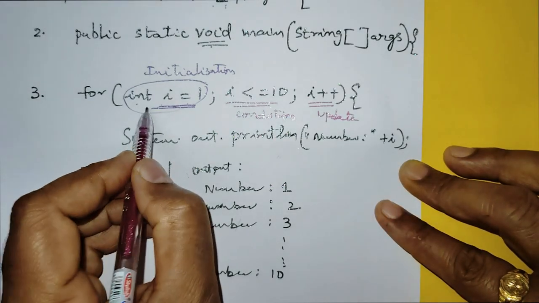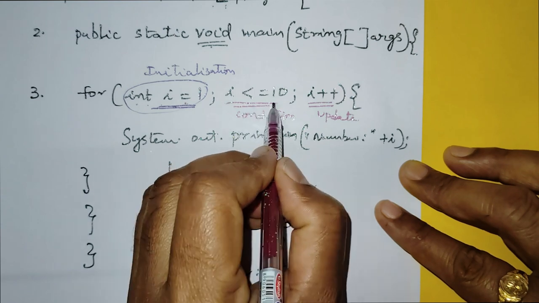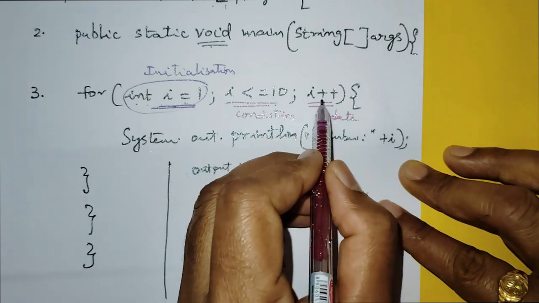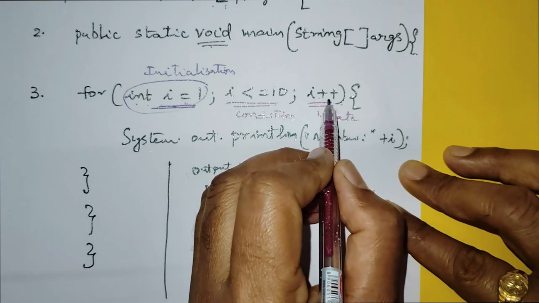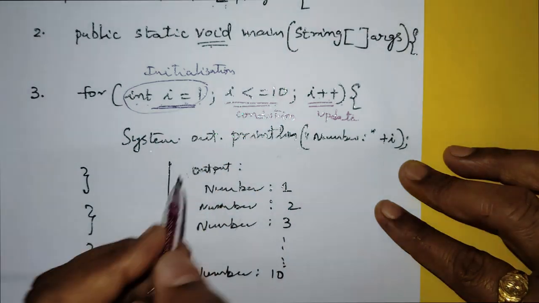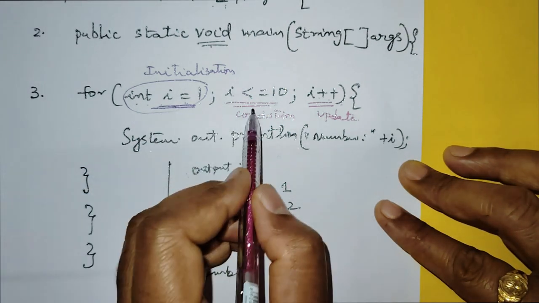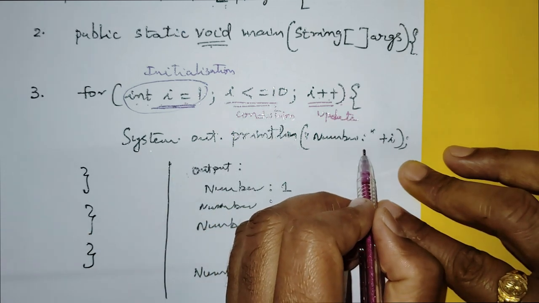Now here i equals 1 initially. If i is less than or equal to 10, then after that i plus plus updates it. i plus plus means one more will be added to the i value. Then i becomes 2. So when i equals 1, i is less than 10. What will happen here? It will be printed in this